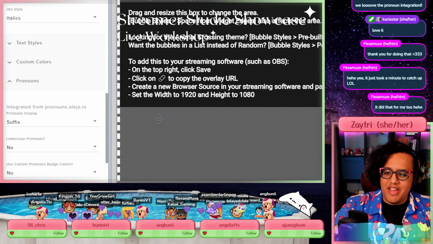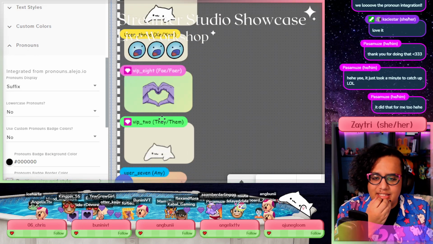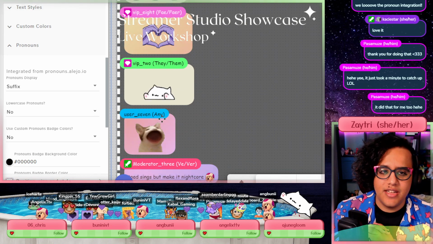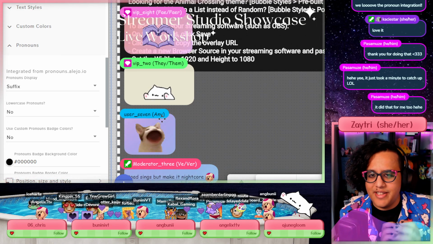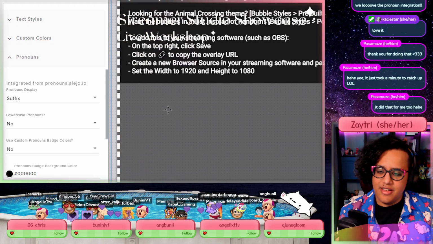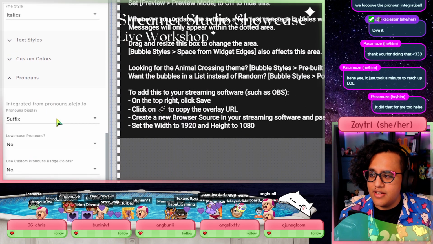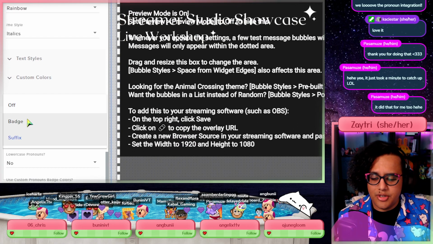Okay. Took a minute to catch up. Yeah, I think it makes sense because it's waiting to get the list of pronouns from Alejo's API, and it isn't always able to do that immediately, which is fine. So we have the suffix mode, as you could see. It's what I use in my chat bubbles above,